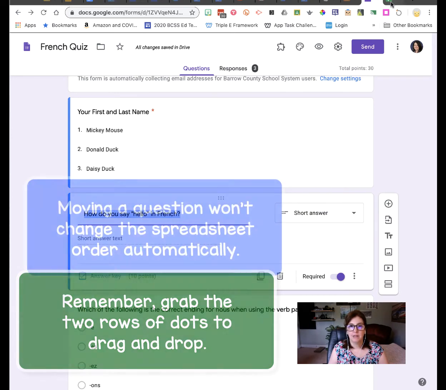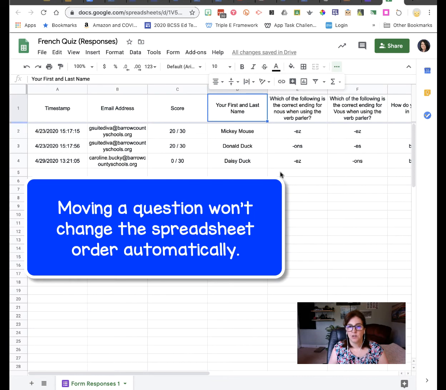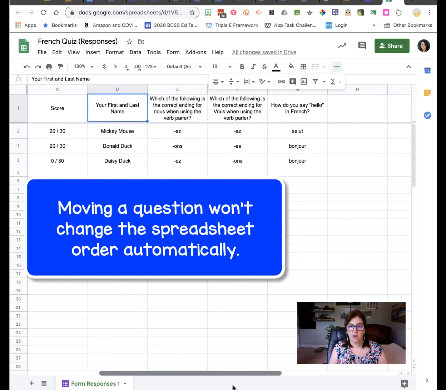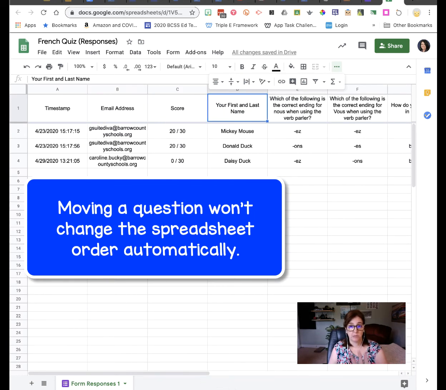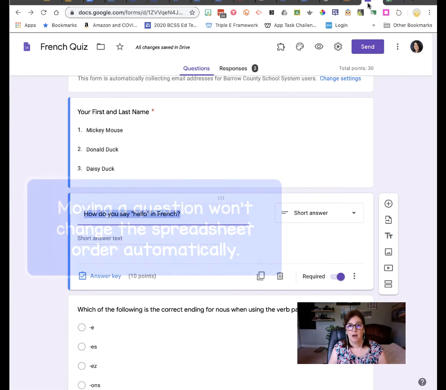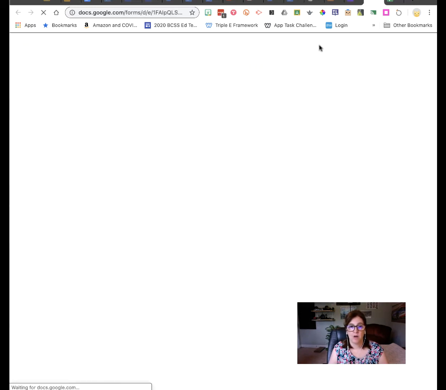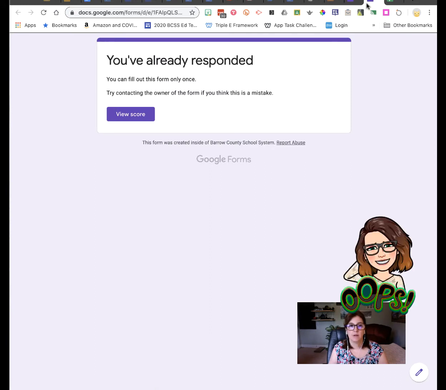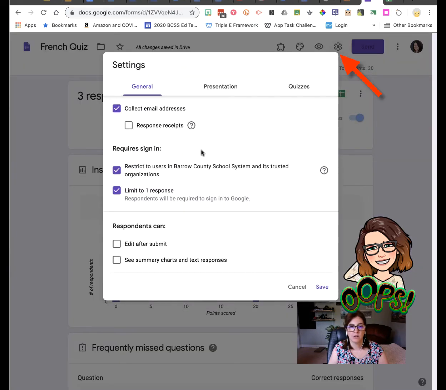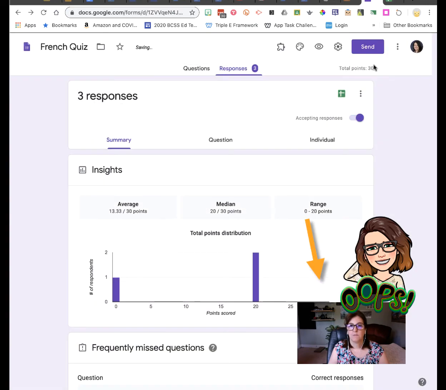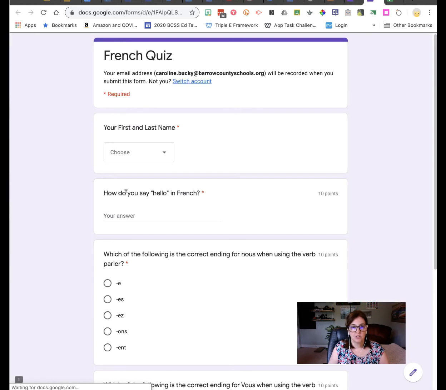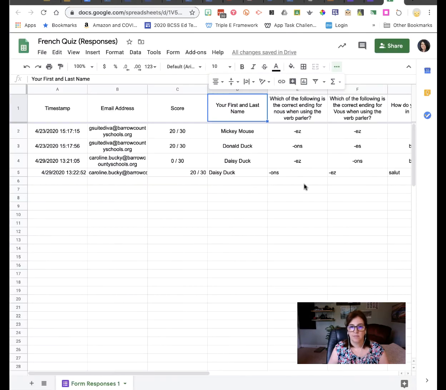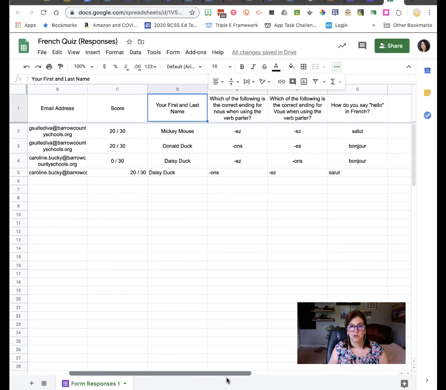So if I go back in here to my spreadsheet, you'll notice that it didn't change the order of where that question goes because the spreadsheet already kind of knows what it's doing. It knows where the questions are supposed to be. I had this set up so I can only fill it out one time. So let me change that real quickly. Save. Okay, so I'm going to change this and fill it out again. Okay, so you'll notice that even though I changed the order of the questions, it's still putting the answers in the correct order,